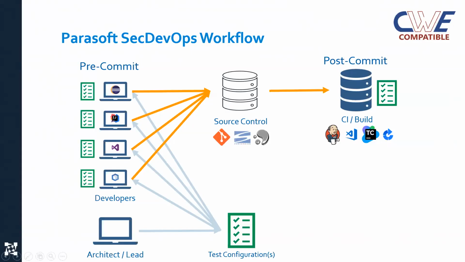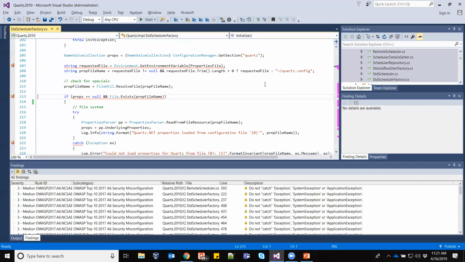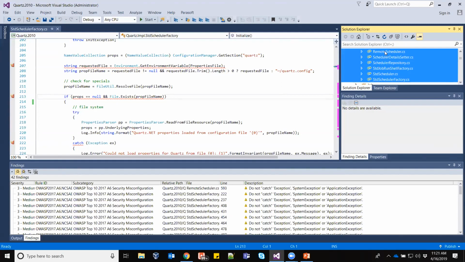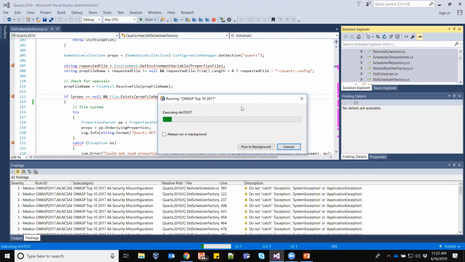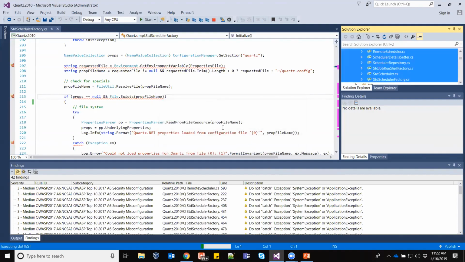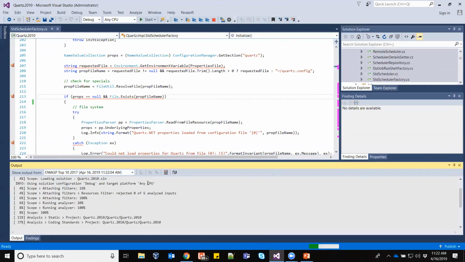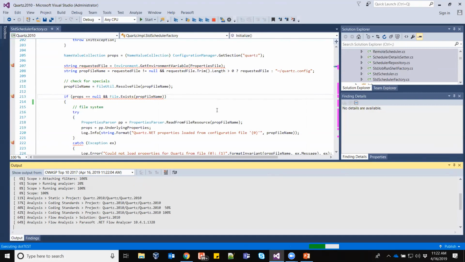All right, great. So let's take a look at Visual Studio here. I'd run some analysis earlier, but let's actually show that in action. I've been working on a number of files here. I made some changes to these classes. And over here, I'm going to run a configuration for OWASP top 10. This is performing a deep analysis, and the idea is I really want to do this execution before I check in the code, right? I take pride in the work that I do. I want to make sure that it's clean before I check it in.